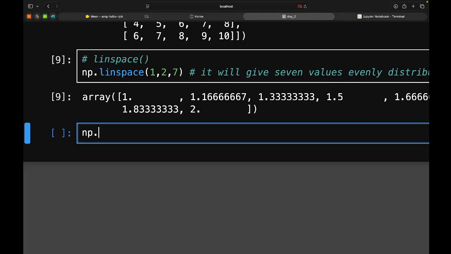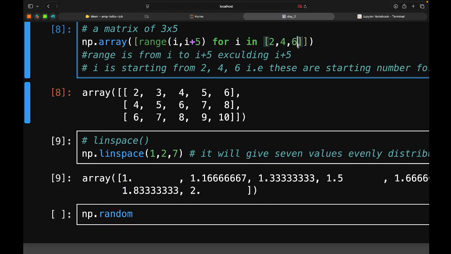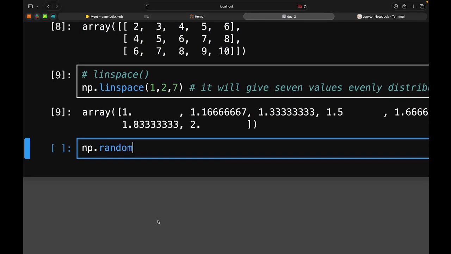So there is a shortcut, np.random. If we want specific numbers inside our matrix, we have to use these types of loops and complex functions. But if we want some random numbers inside our